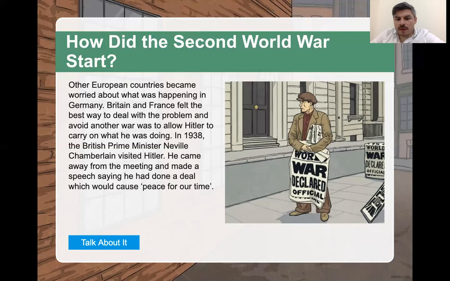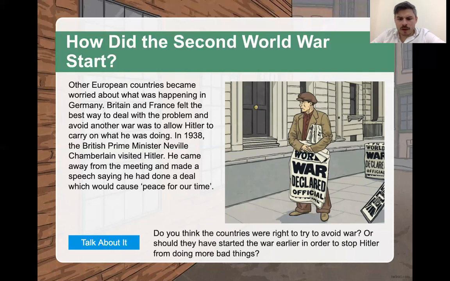What we see, 1938, the British Prime Minister visits Hitler, and Hitler promises not to invade any other countries. And he promises that he has all he wants and that there's going to be no problem. In a famous image, the Prime Minister went back to Britain and gave a speech saying that he had secured peace for our time. Of course, that peace was going to last less than a year. And he looked very silly, and he's seen as an idiot. He's seen not as the greatest prime minister in British history, and it was really marked by appeasement.